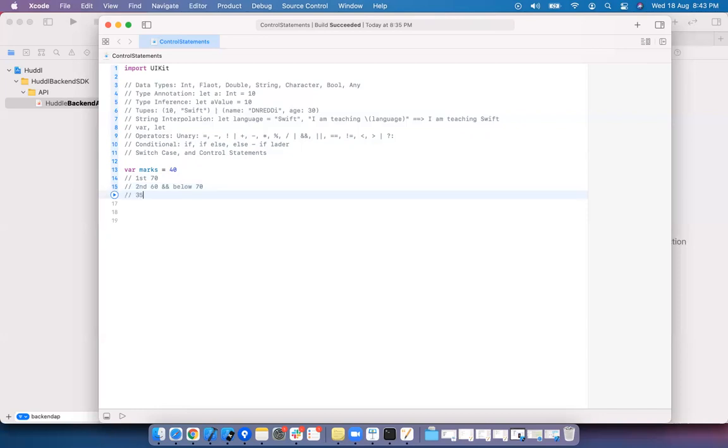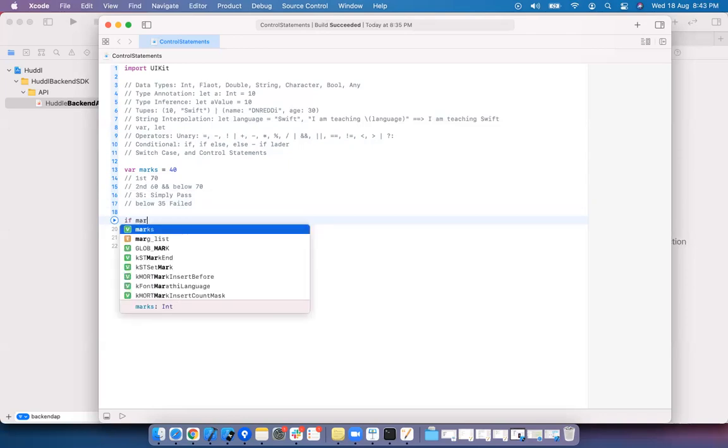If it is exactly 35, simply pass. If it is below 35, failed. These are the different cases I want to achieve. How do we achieve this?